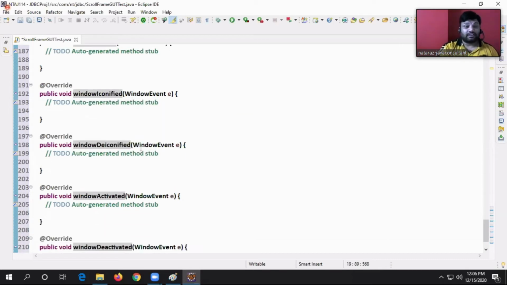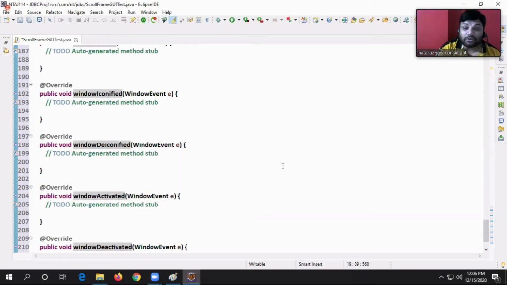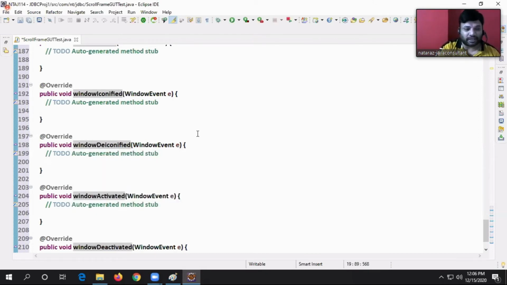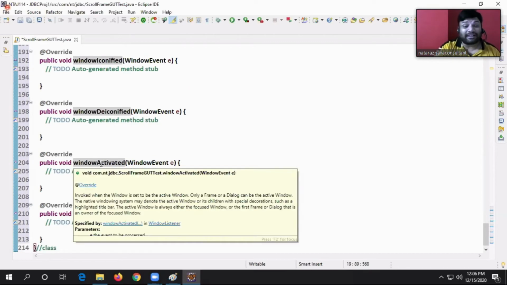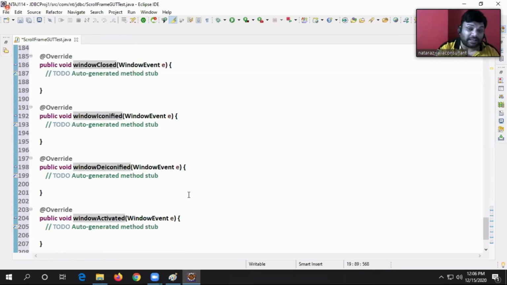This method executes when window is changed from minimized state to normal state. When I click on title bar, when window is in active mode, this will execute; when window is in deactive mode, another executes.